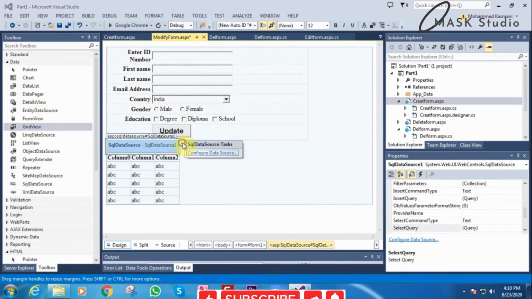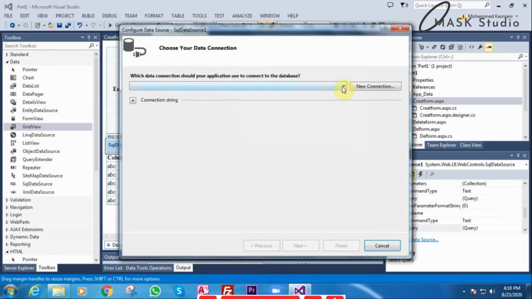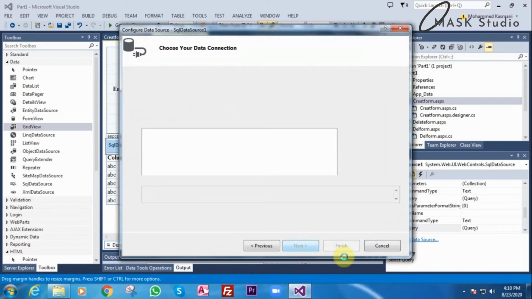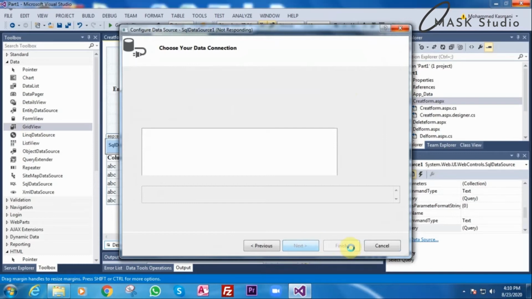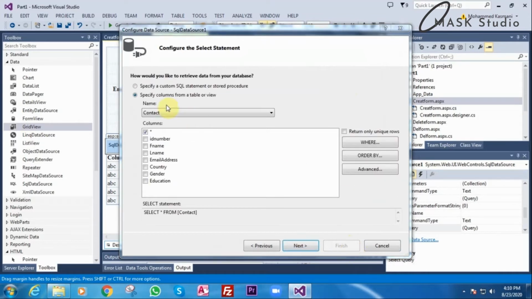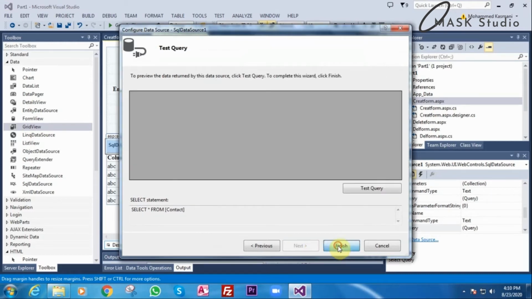For that, right click the arrow, click the arrow, configure data source, my connection string, next, then say next and finish.